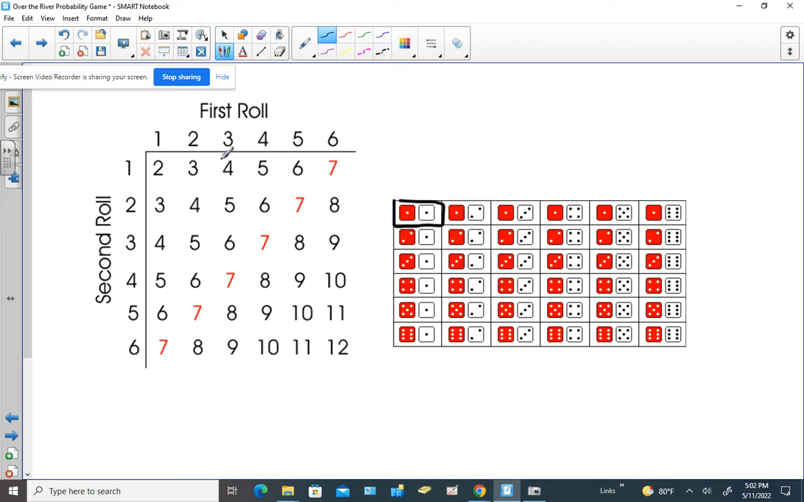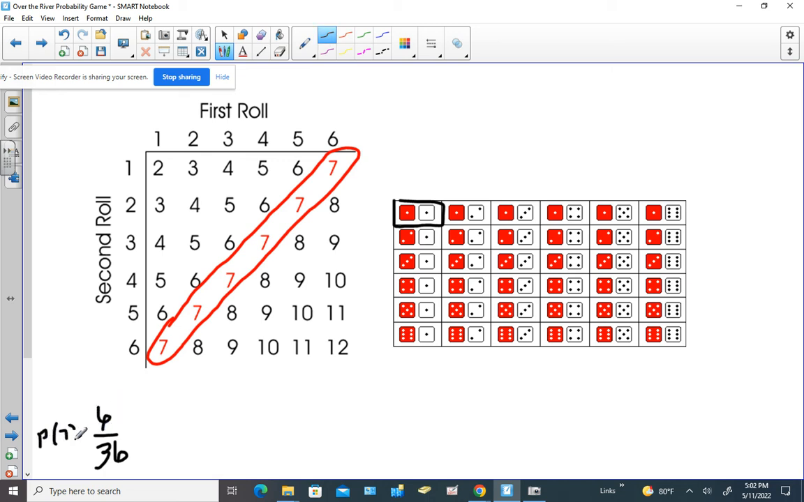Now, if we look at how many total outcomes, remember there's 36 outcomes. What's the one that occurs most often? If you look right here and count how many ways you can get 7, it's 1, 2, 3, 4, 5, 6 ways that you can get a 7. So the probability of rolling a 7 is 6 out of 36, and of course we can simplify that to be